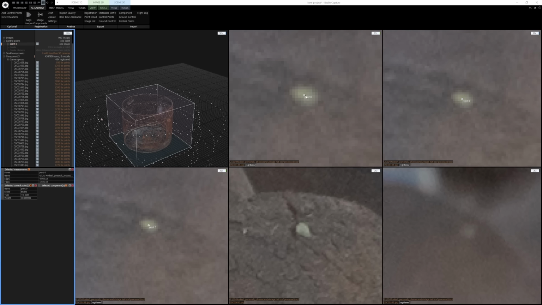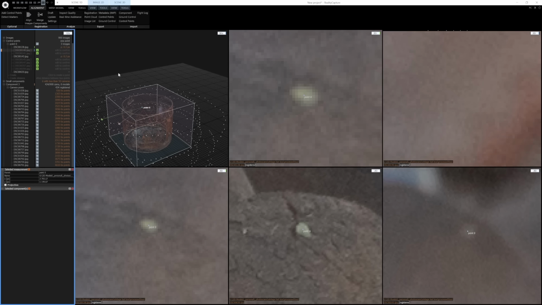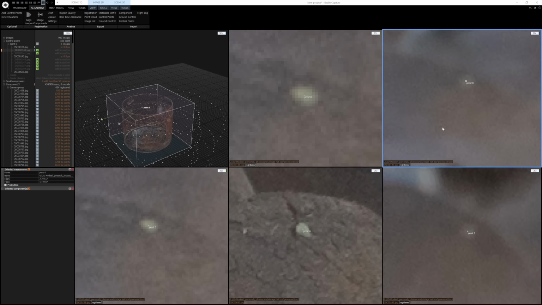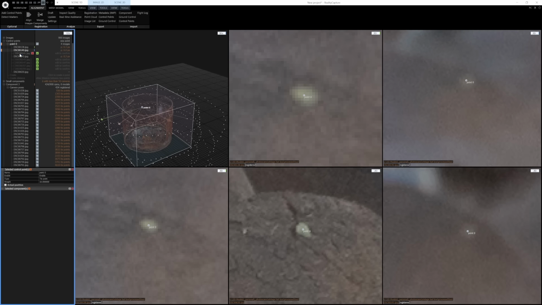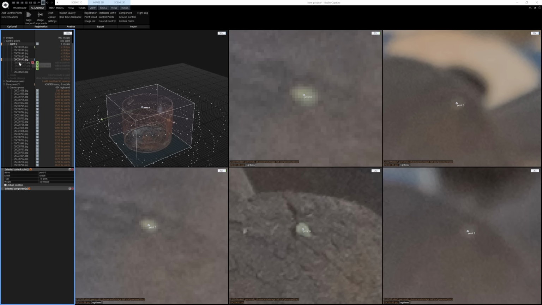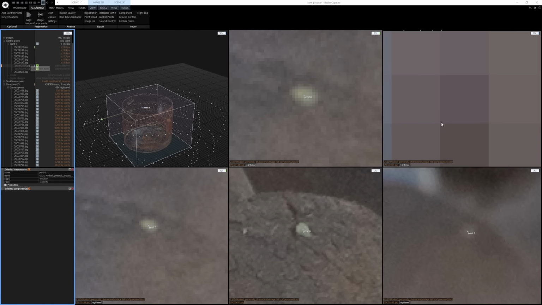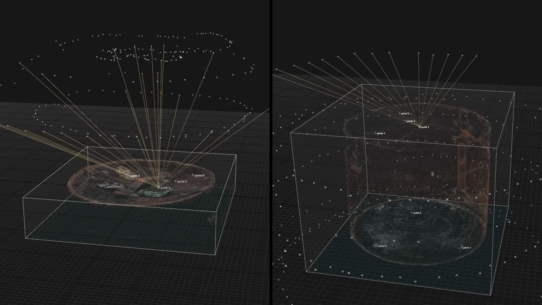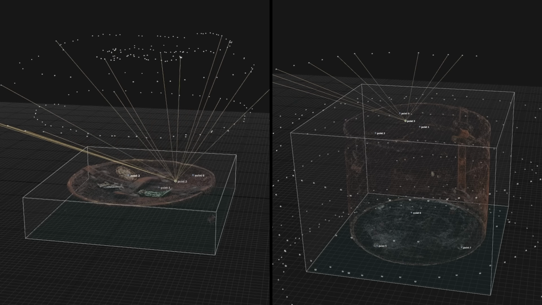I'll drop my first control point there, and from a different angle, I'll drop the same control point on the same mark. And usually after 2 or 3 images, Reality Capture will auto-find that mark in as many images as possible. So you want to go through each one, check it, and say, yep, add that control point. I'll do this for a handful of images in component 0 and add it to a handful of other images in component 1. And usually with 2 to 4 control points generally across all your components, we can merge them